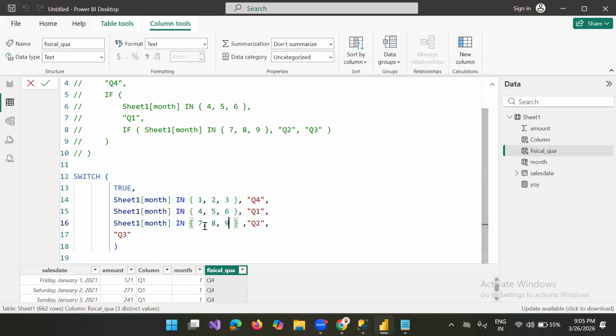Okay. Up to this, we can do the practice today. This is it. We have seen if condition, we have seen divide function, we have seen the switch function, we have seen dates in period, same period last year, total value. We'll see the remaining things on